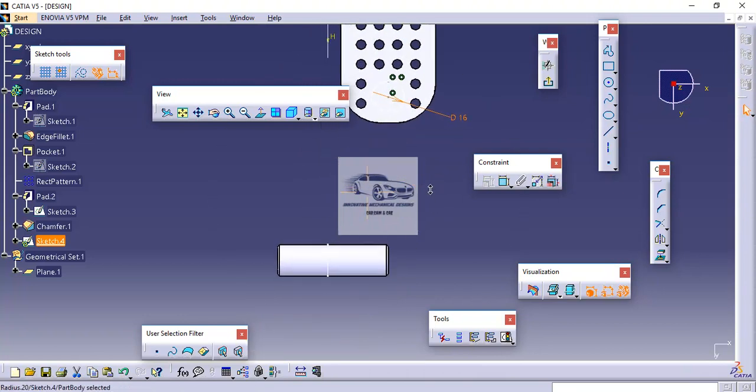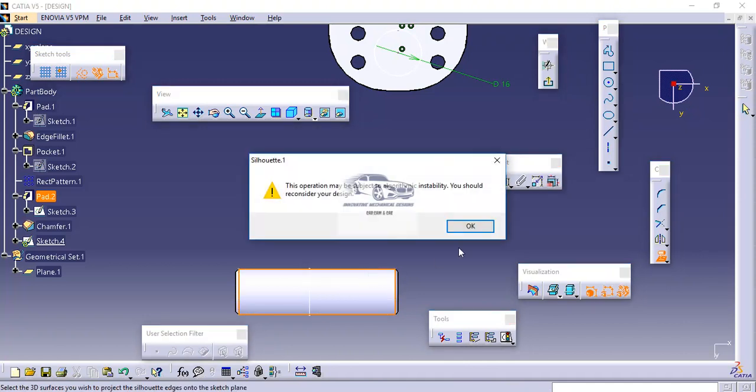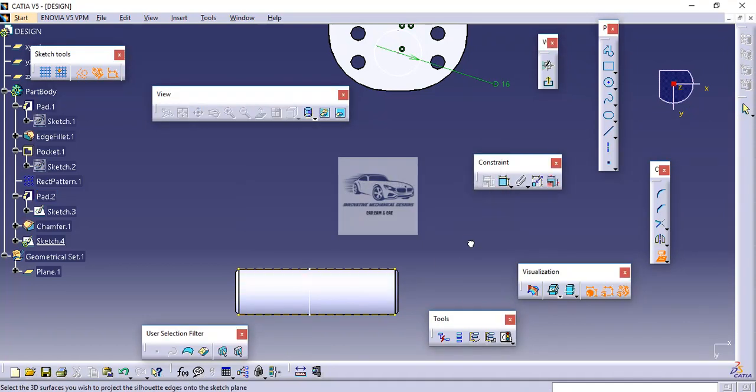Now to do so, what we will do, we will create a center line at the center of this particular cylinder. So for that I will just take projections. The purpose of projection is to create reference lines or marking lines which can be used to draw entities already on existing edges of the part.